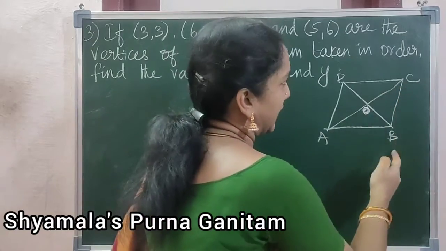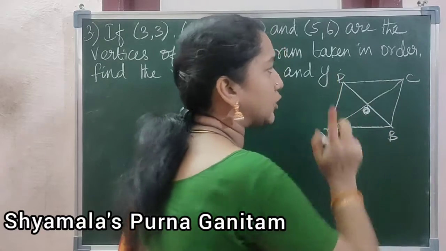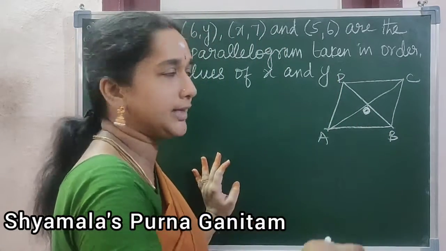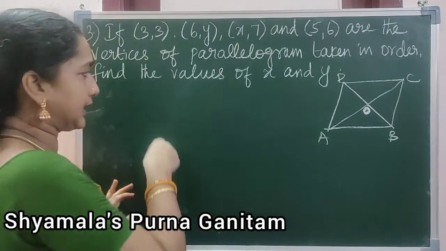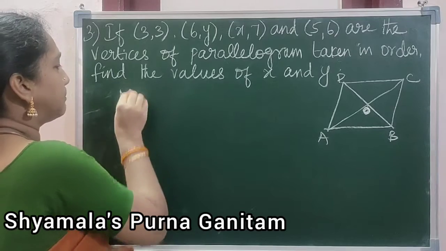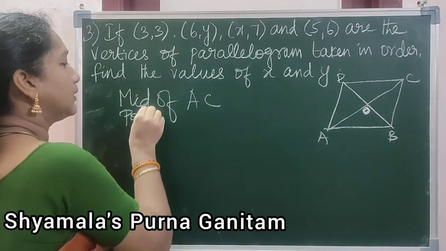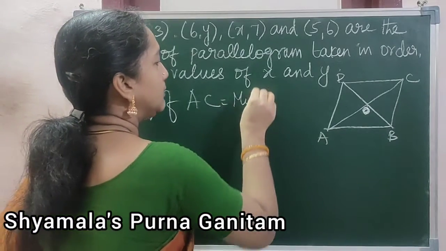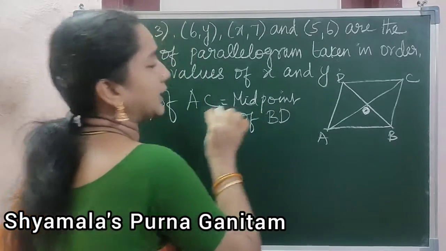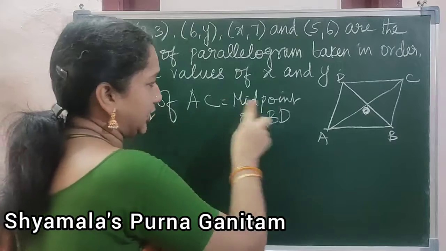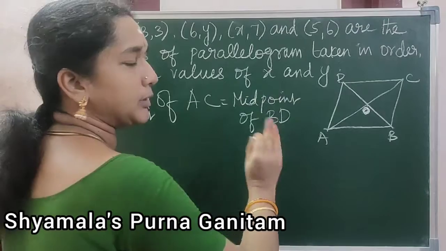We'll find the midpoint of AC and BD. So as I told you, the condition is that the midpoint of AC is equal to the midpoint of BD. So when you equate it, you will be getting the value for this x and y. Okay. So for this, you have to write the condition. We know that the midpoint of AC is equal to the midpoint of BD. For this, mark allotment is there in the board exam. So definitely you cannot just do anything like that. Okay. So the midpoint of AC is equal to the midpoint of BD.